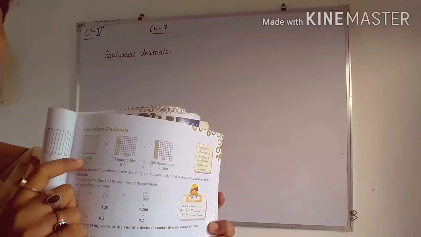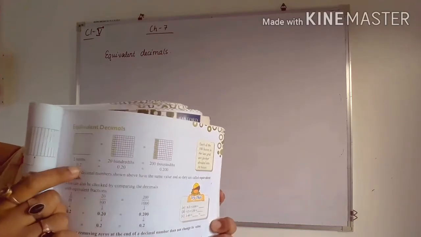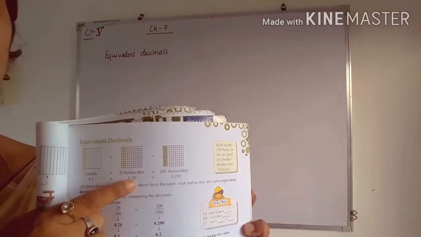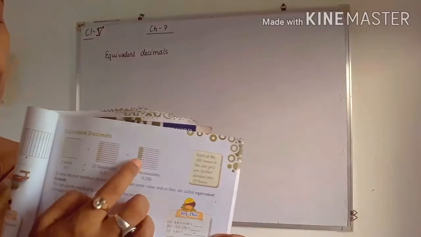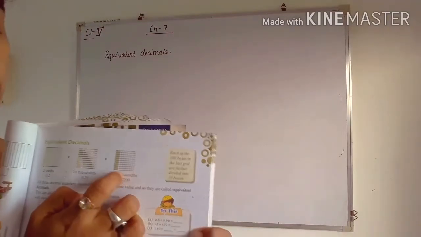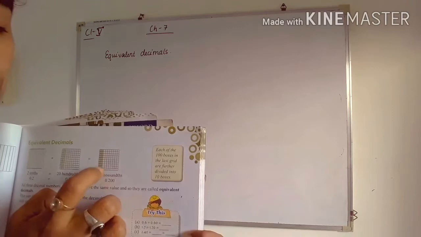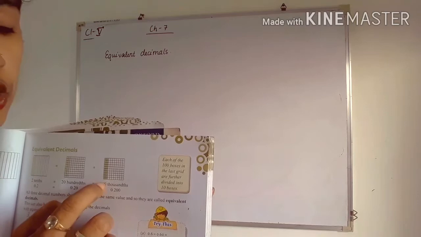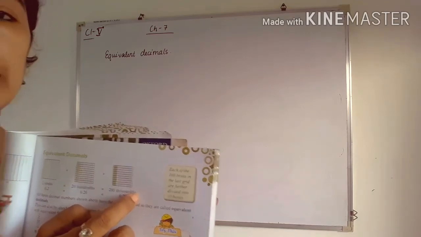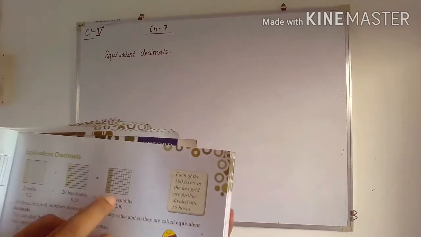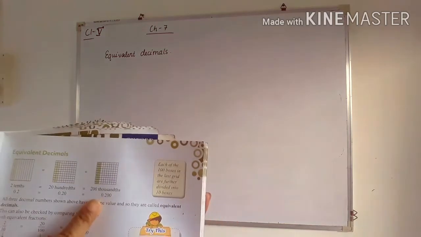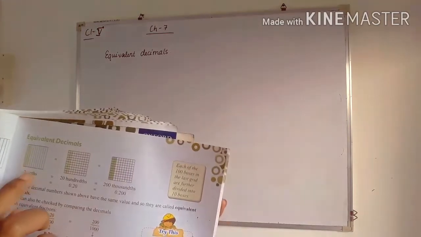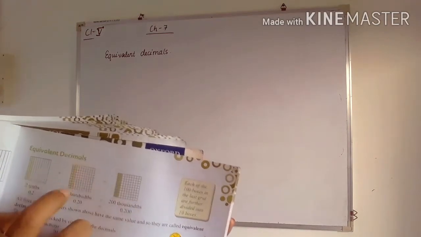The first one was 2 tenths, so in decimal we can write it as 0.2, and 20 hundredths in decimal we can write as 0.20. Similarly, it is further divided into 10 equal parts, so it has now become thousandths. Here again the same part is colored, but here we have to write 200 thousandths because it is further divided. So how to represent 200 thousandths in decimal? We have to write 0.200.